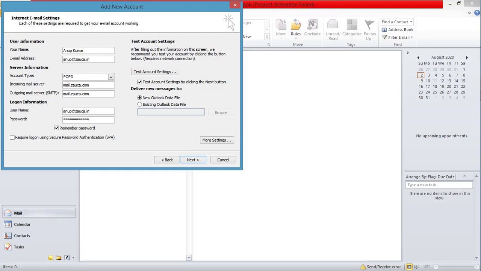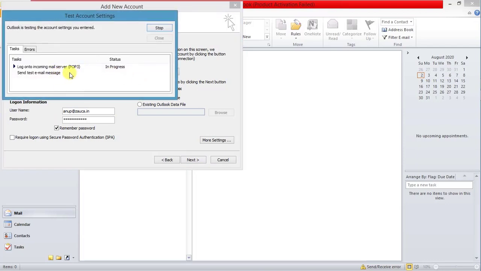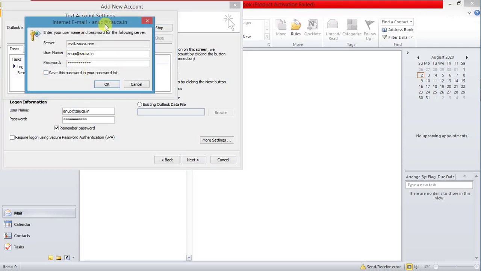Okay. So here I will tell you one thing. Suppose I have entered my password. If there is any wrong password, then this is not going to connect. This time I have entered a wrong password, and I am going to test whether I have entered the correct details or not. So in this case, I will click on the account test. Okay, and see here, if something is popping up like this, it means you have not entered the correct password.